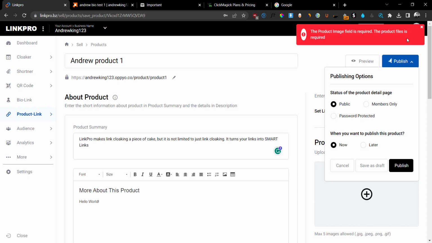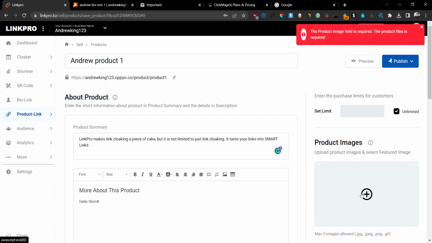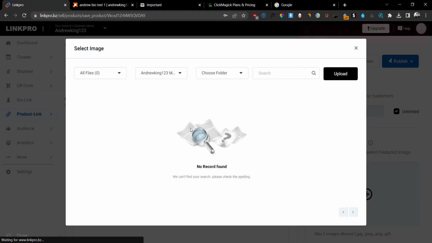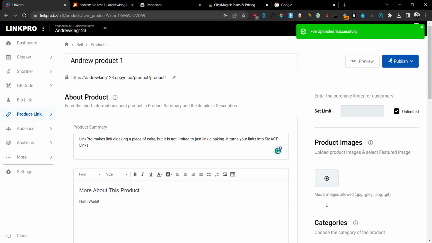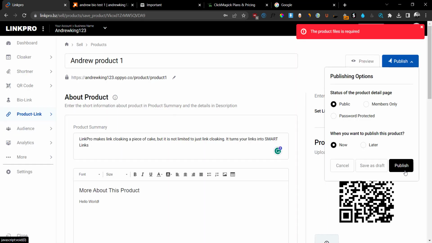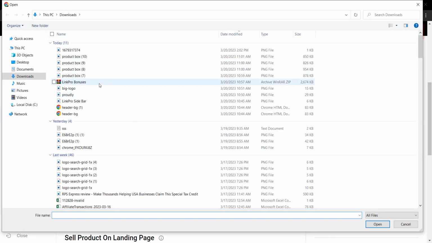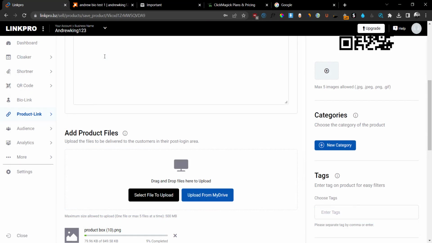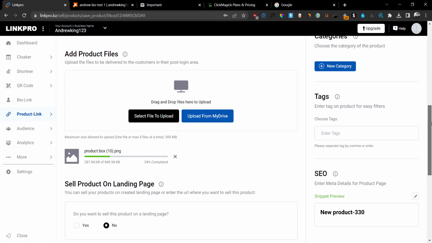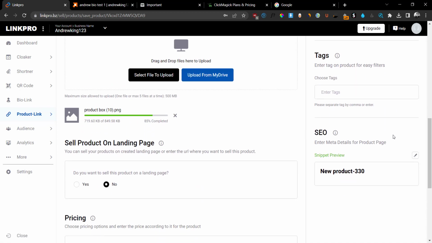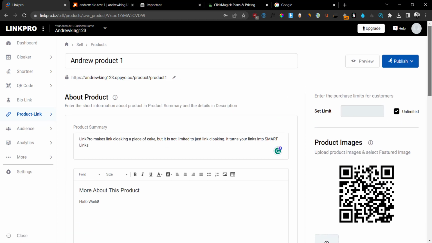Okay, the product images are required. Let me just upload any random image in order for us to be able to preview the product. So let me just upload this one, for example, the QR code one. Click on publish. The product files are required. Again, let's just upload anything. So you have to fill in everything in order for you to be able to post your product. So it tells you that you need to put in everything. Now once we're done, let me just double check. Okay, we're done. I'm going to click on publish,